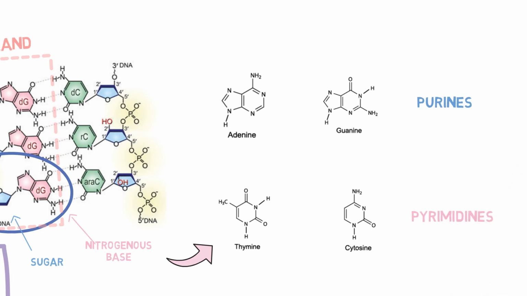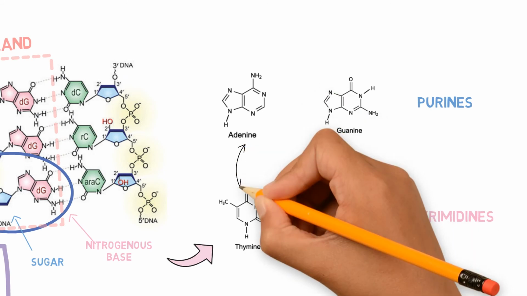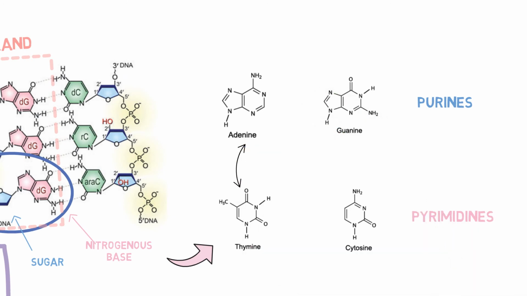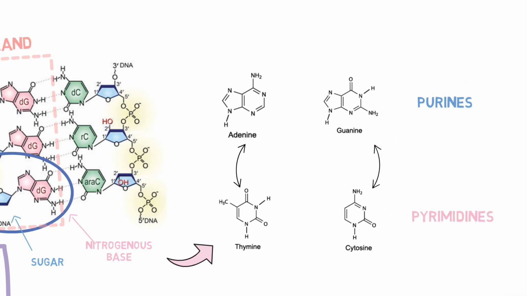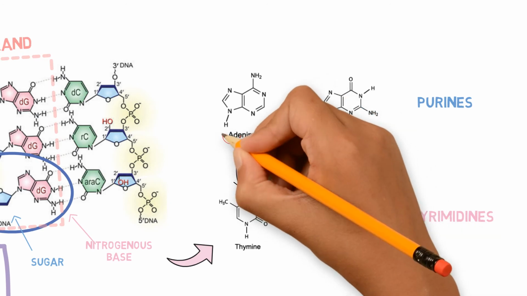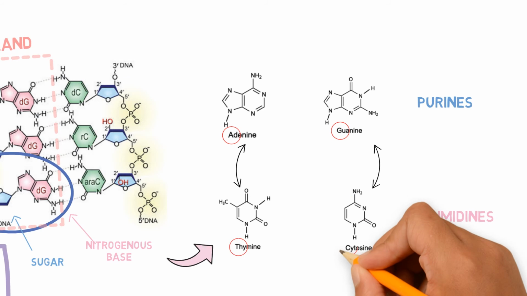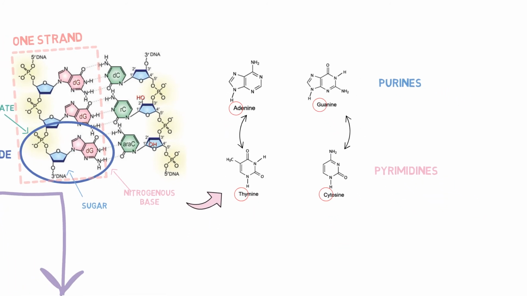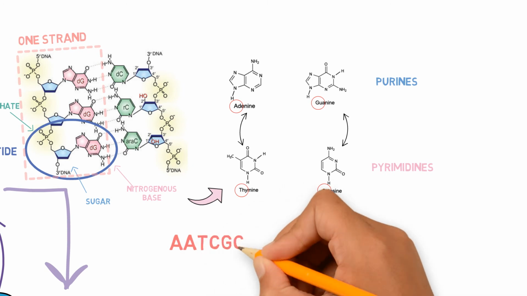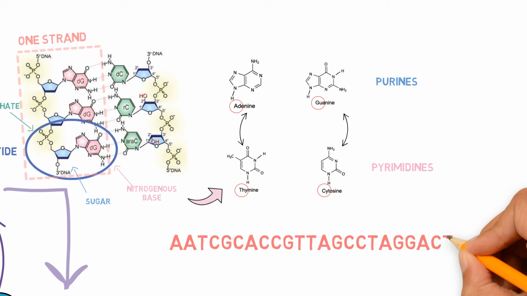And the hydrogen bonds that connect one DNA strand to the other are always in the same way. Adenine binds to thymine and guanine binds to cytosine. The nucleotides are different from each other mainly due to their nitrogenous base, so each nucleotide is assigned a letter corresponding to the nitrogenous base it contains. Hence, the sequence of nucleotides, which can be described by this sequence of letters, is our genetic code.